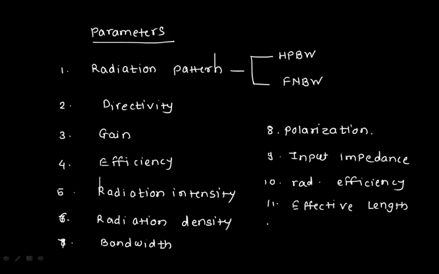Then effective area: though your antenna may be very huge, not all of the area will be contributing in transmitting. So effective area. Then radiation sphere, how you're going to get the radiation of that particular radiation sphere. Here we have already talked about something like the near field region and far field region. Those things we are going to discuss here. So I have listed 13 parameters, but it may happen that I'll discuss more than 13 parameters. Some parameters are dependent on these parameters. When I am discussing that parameter, I'll explain it.